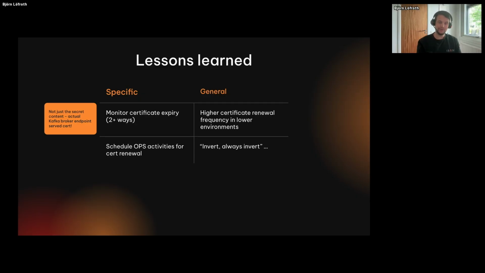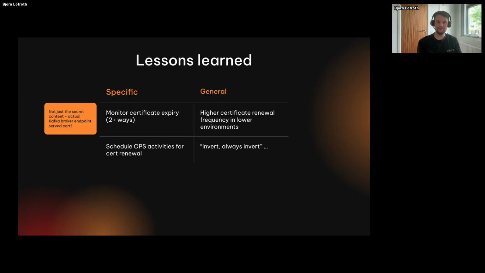And just also for this monitoring, don't just monitor the secret content. You might also want to monitor the actual certificates served by the Kafka brokers, because we had an issue where that was not updated. And in regard to this first point, you should probably schedule some ops activities for the certificate renewal. So if you're using some process where you register changes and assign personnel, you should probably do that for